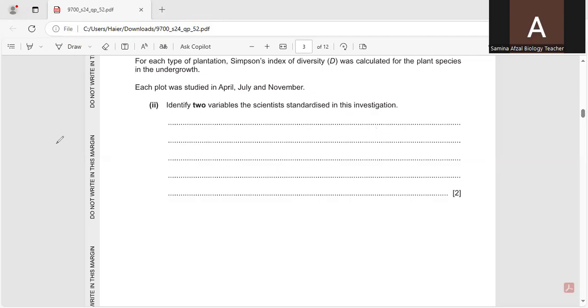So if we are talking about the different species of the plants, there should be one variable which should be standardized in this case, that the number of plants should be the same. That is, the same number of plants of each species should be used for this purpose,